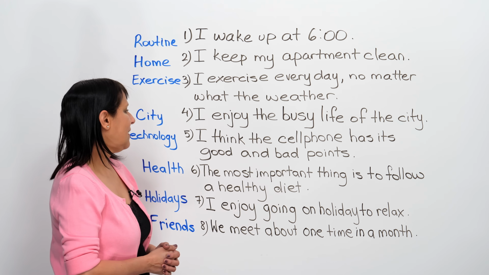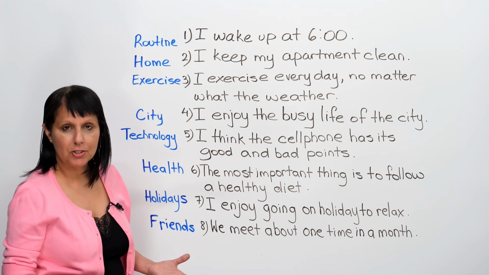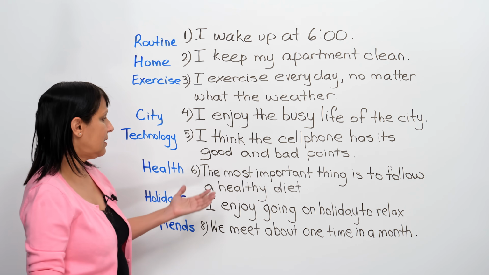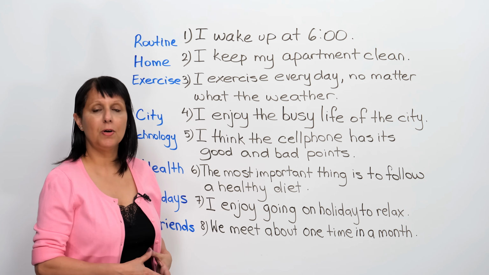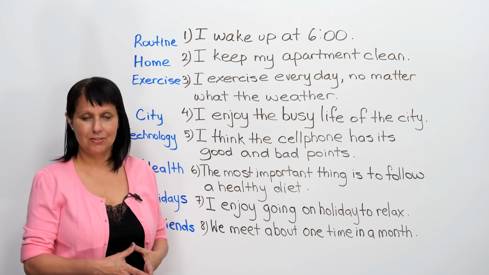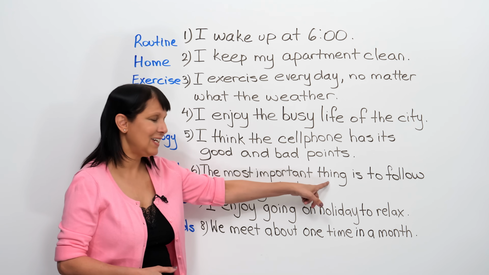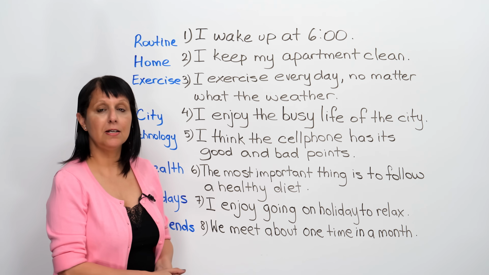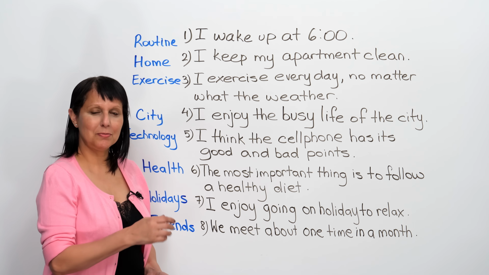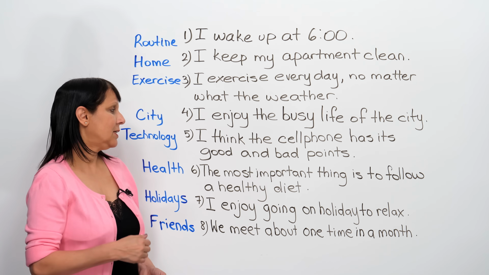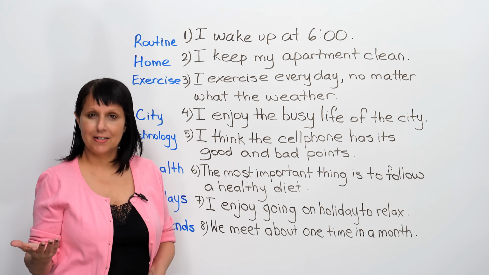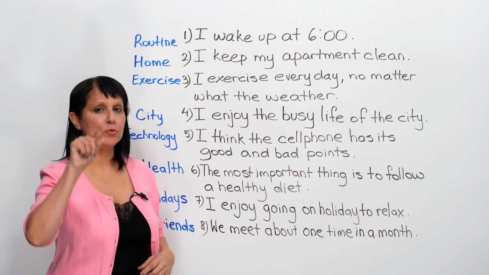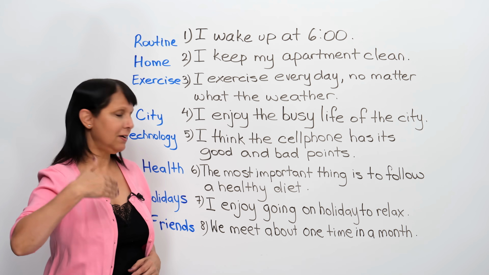All right? Next, another very common topic, health. So suppose you wanted to express the idea that the most important thing is to follow a healthy diet. Saying "the most important thing" is a very weak phrase, okay? You want to try to improve it, so you could simply say, first and foremost, right? Remember that? First and foremost, you should follow a healthy diet. Okay? If you're writing this, remember, after that expression, first and foremost, comma, you should follow a healthy diet.